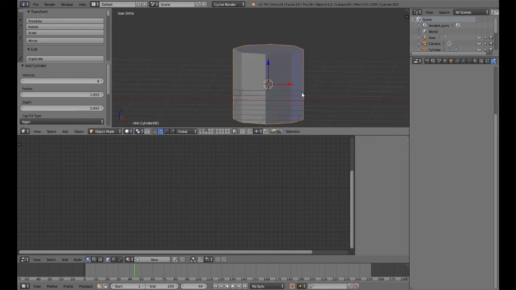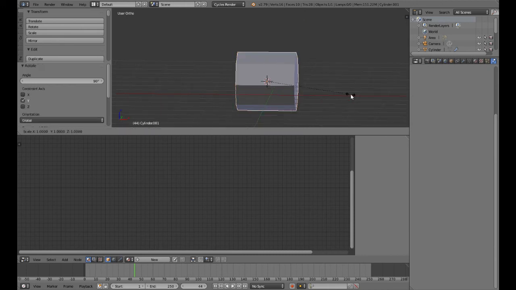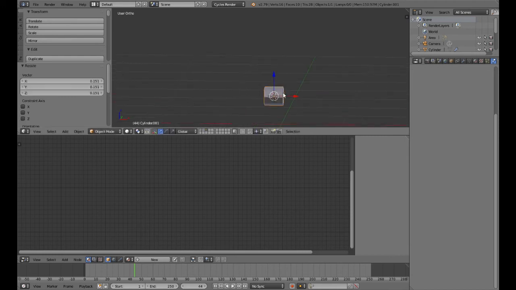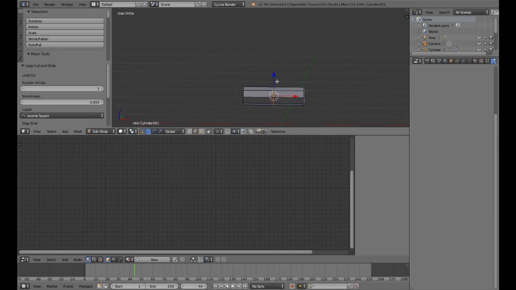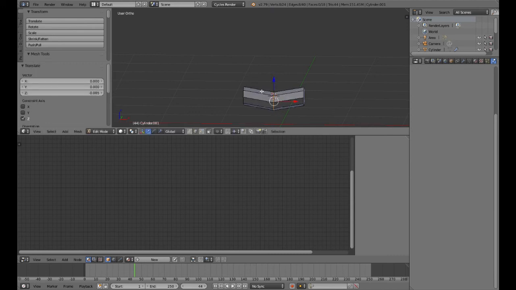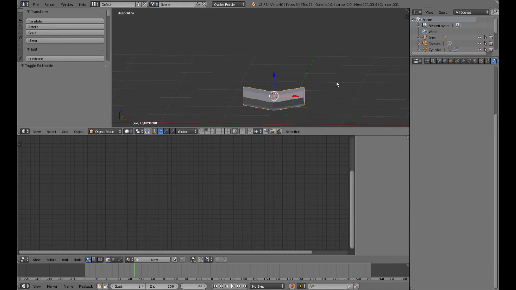No, it will be rotated along the y-axis to about 90 degrees, and scale it down to about this size, and scale according to the x-axis like there. And we'll just introduce some different loop cuts to create a varied log